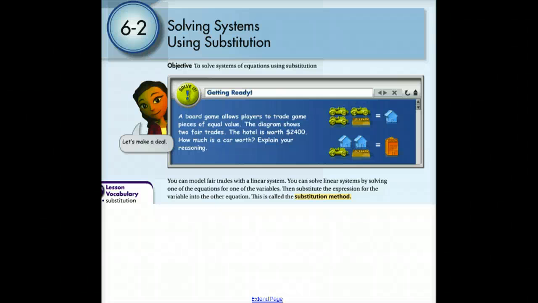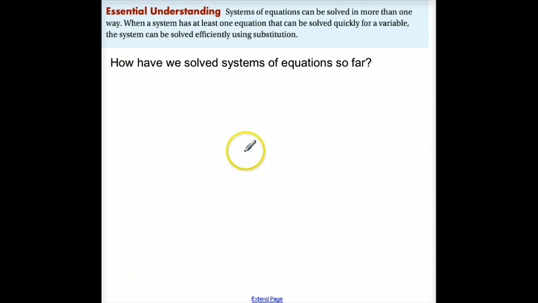Lesson 6-2, Solving Systems Using Substitution. Alright, systems of equations can be solved in more than one way. When a system has at least one equation that can be solved quickly for a variable, the systems can be